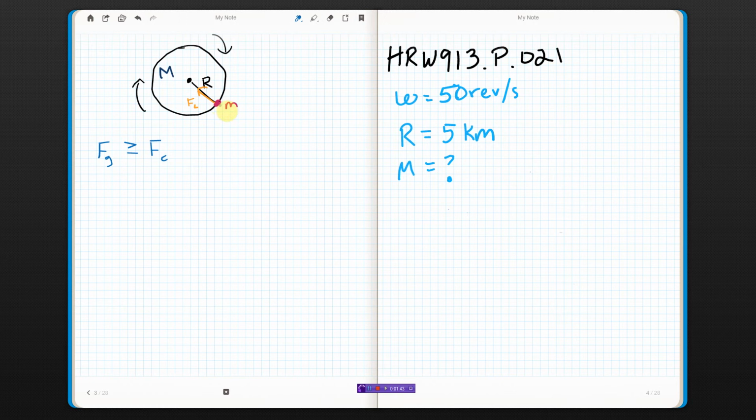Well, the force of gravity is big G times the two masses divided by the distance between their centers. The little mass is here, and the distance to the center of the big mass is r. So that needs to be more than or equal to the centripetal force. Centripetal force for something moving in a circle at an angular speed of omega is mass